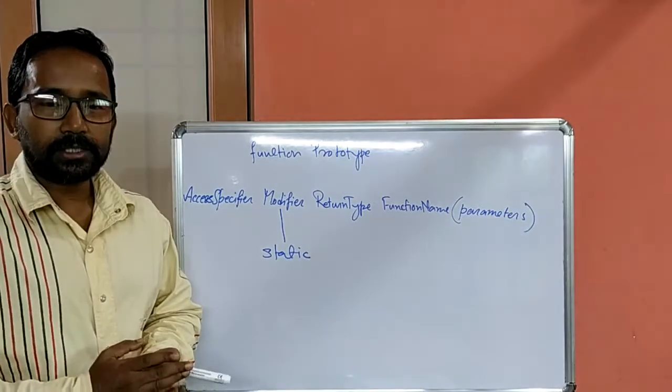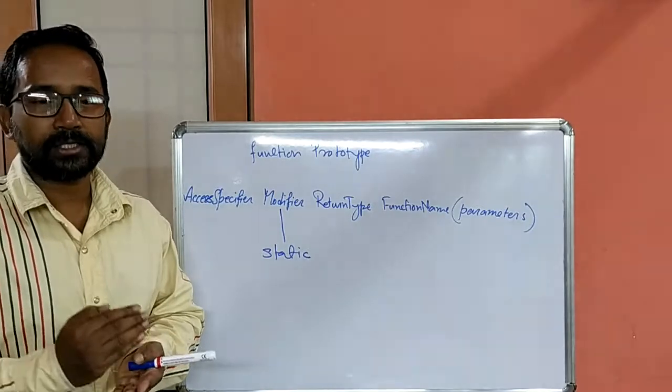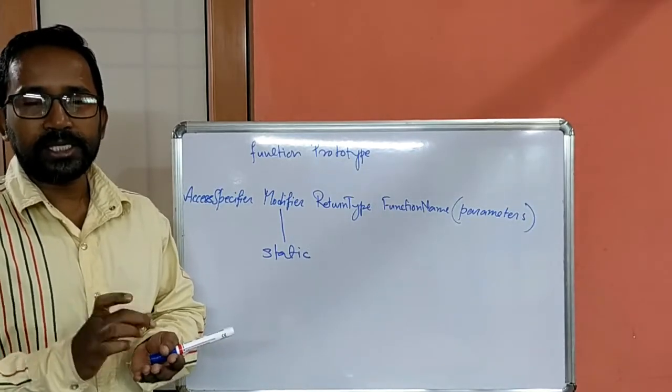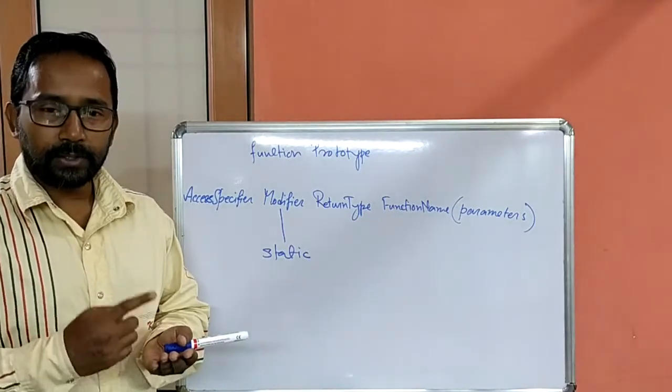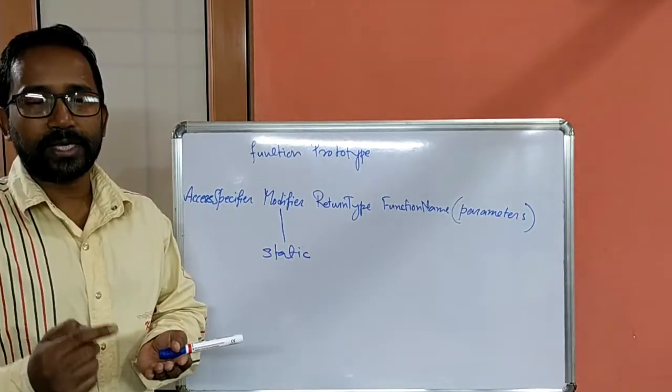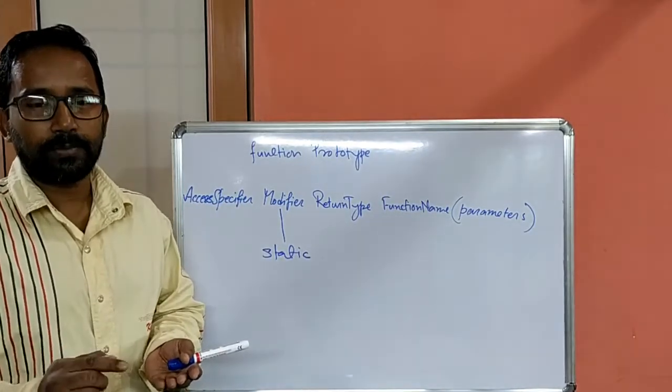But in the String class, the functions are not static. That's why we always use an object of the String class to access its functions. We don't write String.length, we write s.length. So s is an object of the String class, and we use the object to call the functions. So s.length, s.charAt, s.substring, s.indexOf. Understand?